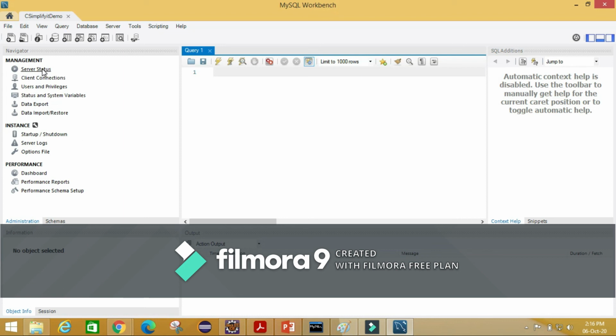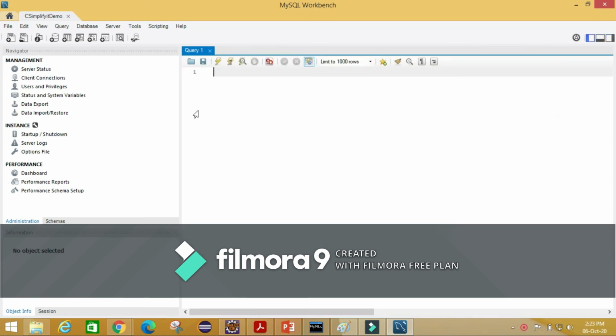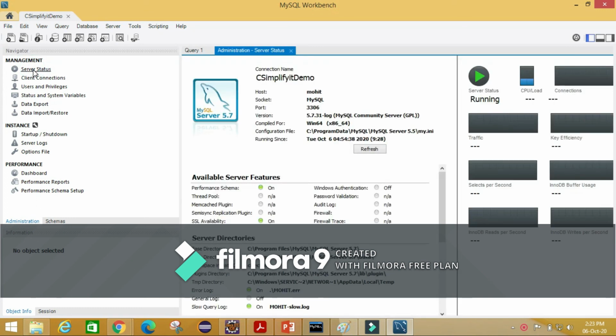Now click on server status. Okay guys, now I will click on server status, and you can see that it is giving a couple of pieces of information: the server is running, it is using 34% of CPU load, and there are 4 connections.